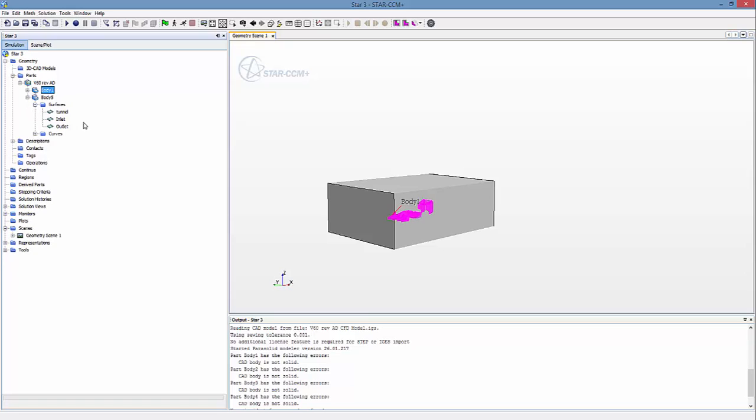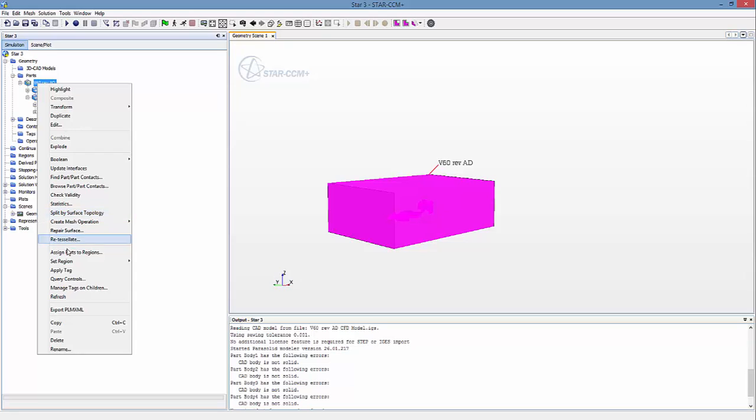I think it's easier to do it later on because we get the full name. So now that we've got that, we need to assign these pieces to what's called a region. Regions are what we're able to assign functions and analysis to, and so that's the process we need to go through. To do that, we can select our part here, right click, and go to assign parts